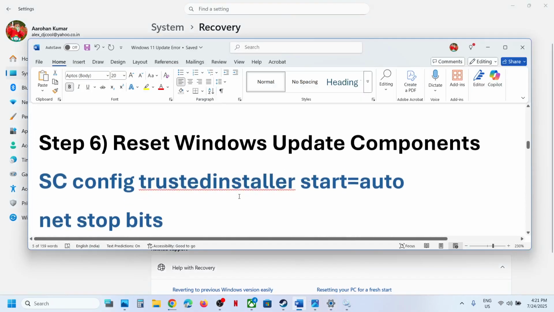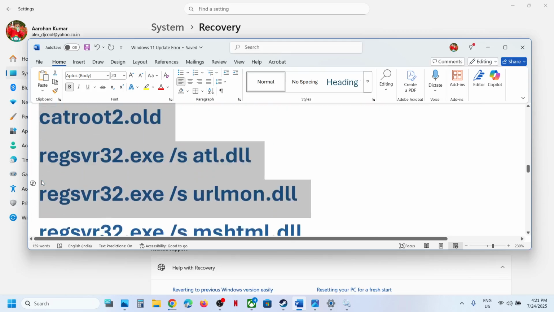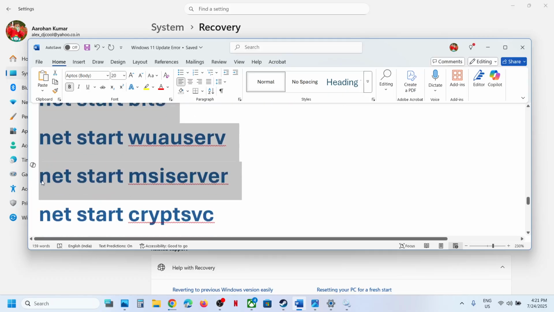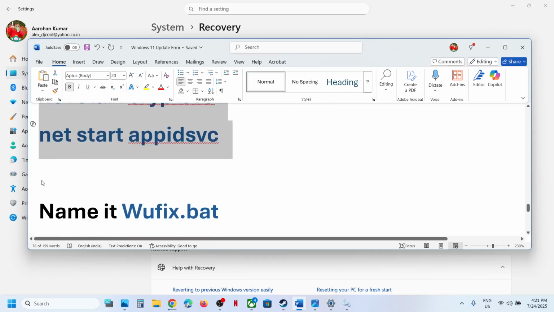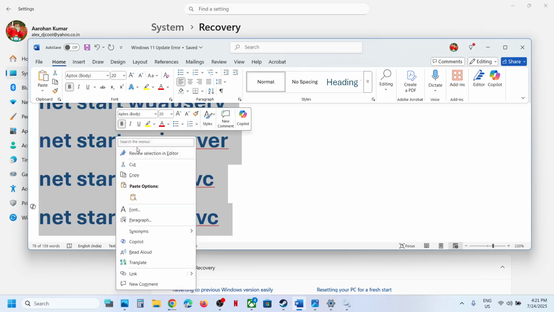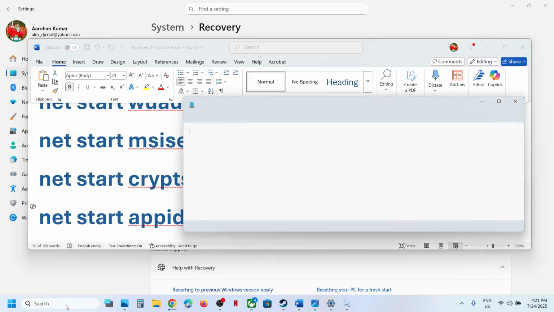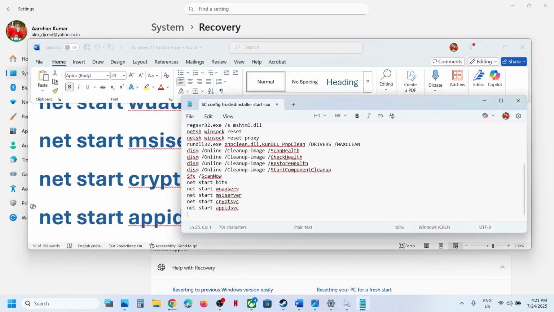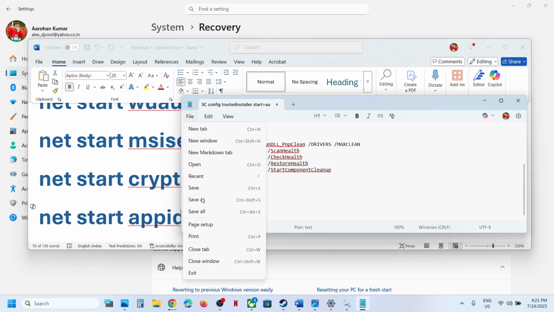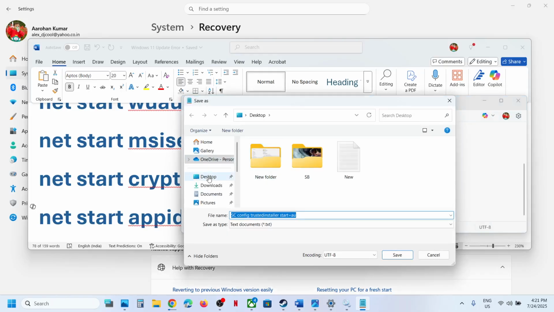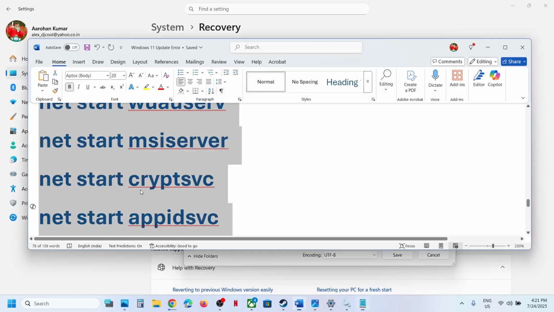Still not working. Next step is to reset Windows Update components. Now for this, copy all these commands. These commands are provided in the video description. So copy till here, and then type in Notepad in the Windows search box, and then paste all these commands in Notepad. Go to file, save as. You can set the location to desktop. Name this file as